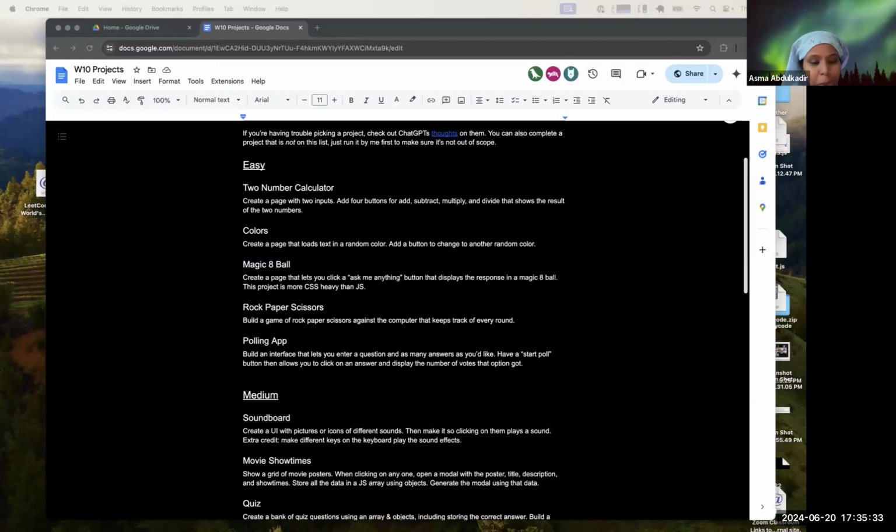Can you try the polling app one? Just want to make sure. Sure. So build an interface that lets you enter a question and answer and as many answers as you'd like. Have a start poll button that allows you to click on the answer and display the number of votes that